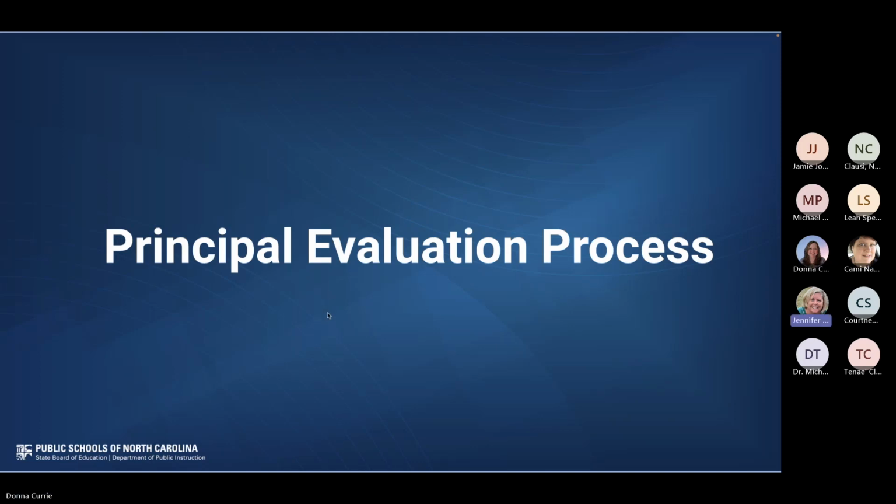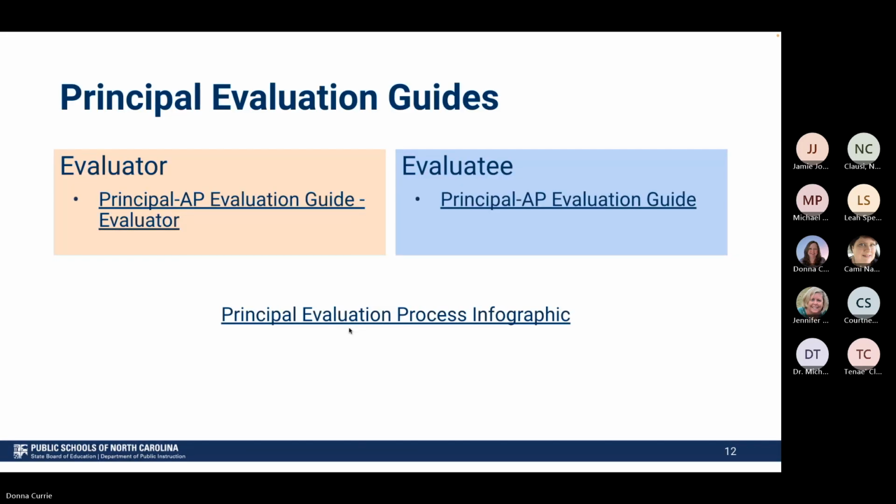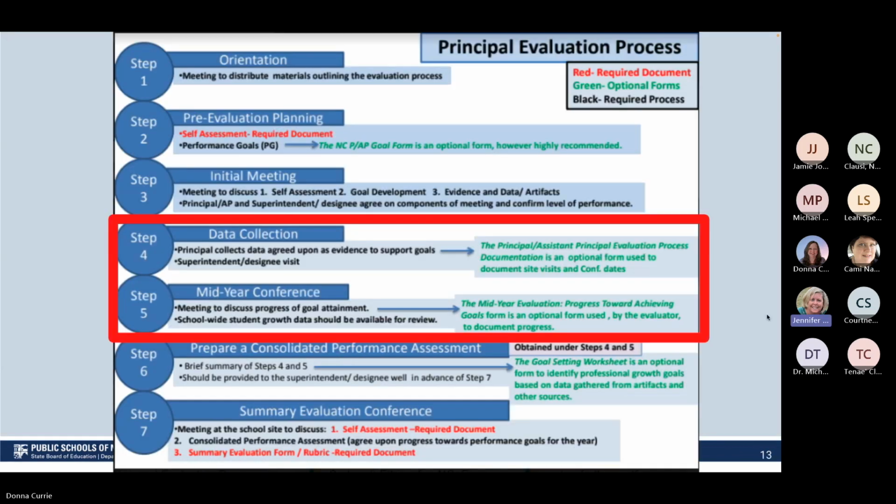Okay, we're going to talk a little bit about the principal evaluation process itself. On the screen, we have linked the evaluation guide for evaluators of principals and the principal AP evaluation guide itself, if you would like to take a look at that. The principal evaluation process infographic is also linked, but we're going to take a look at it a little closer on the next slide. But those are there for you if you need those. This is a one-pager of the principal evaluation process. We're going to take a look at that and look at where we are at this point in the year,